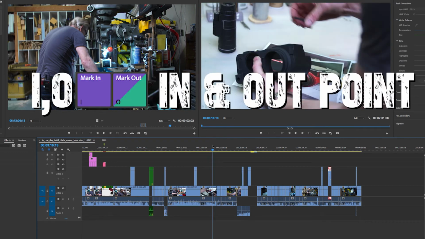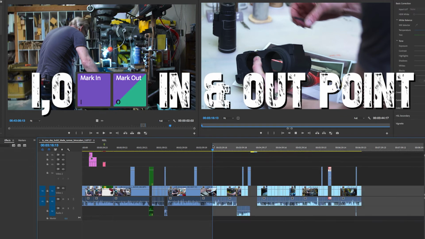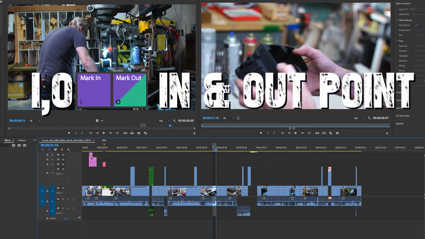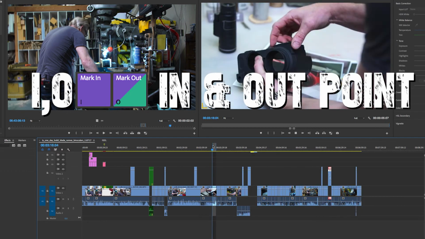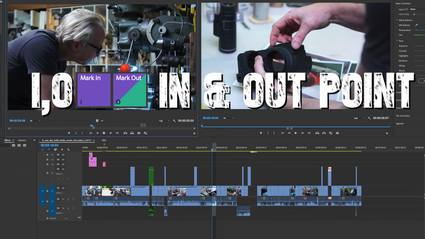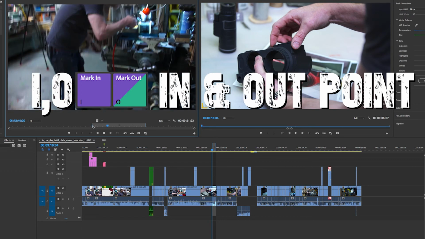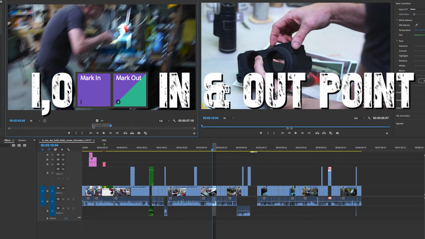All right, so the next keyboard shortcut, also probably used universally across all editing systems, is the in point and out point keys. That is the I and the O. That will give you an in and out point to where you can do a number of other things. I use these mostly up in the source window to find a certain selection that I want. So if I want to start here and end there, I can insert these down into the sequence